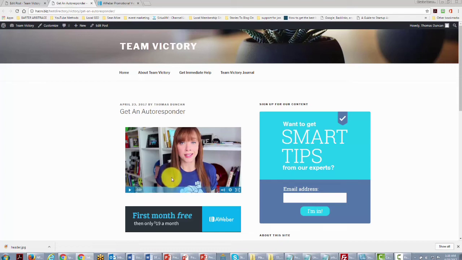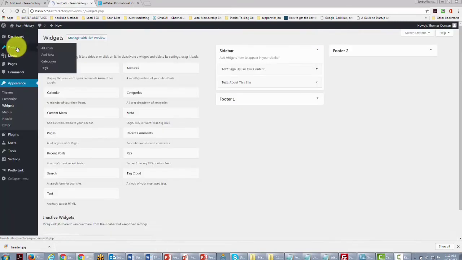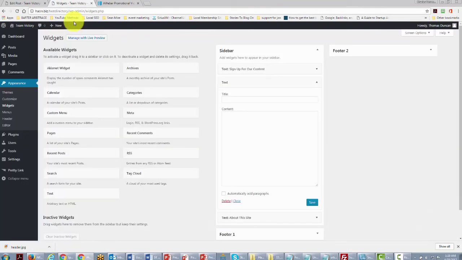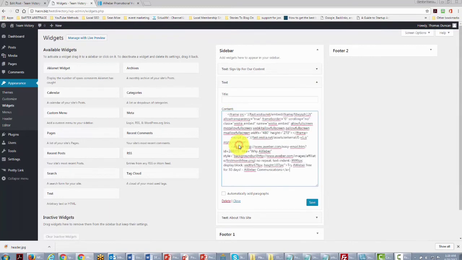Now, one of the other things that we can do is the very same thing that we did with our autoresponder code: we can put code in our widgets so that it will appear on all of our pages. In order to do that, all we need to do is go back to this area and find our widgets. And then we can take another text box, and all we've got to do is put our code in this area again. We'll click Save,